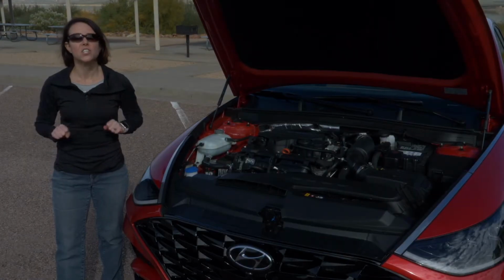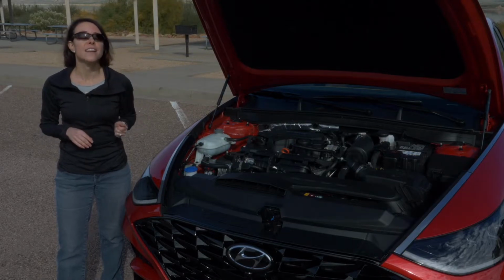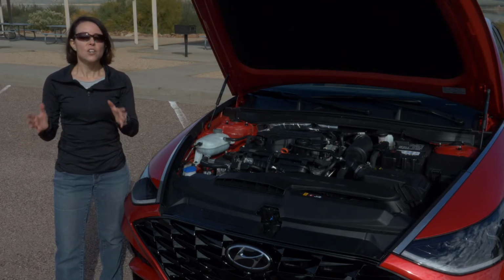Okay, so the base engine is going to be a 2.5 liter engine that will deliver 191 horsepower and 181 pound-feet of torque. In combined driving, it'll average...